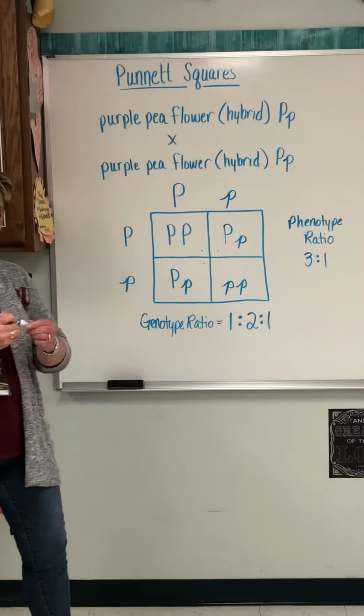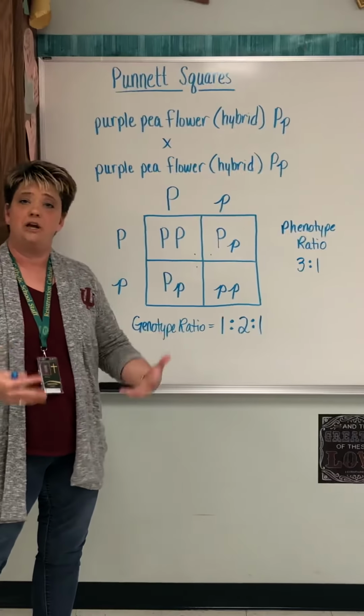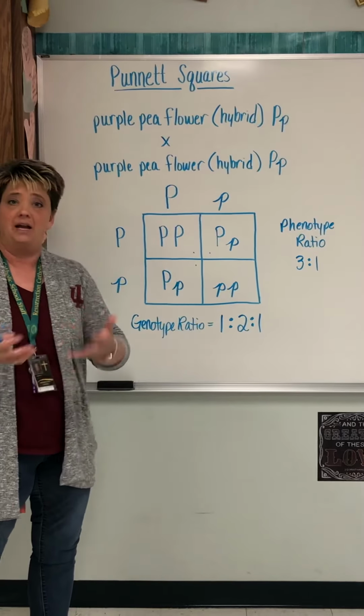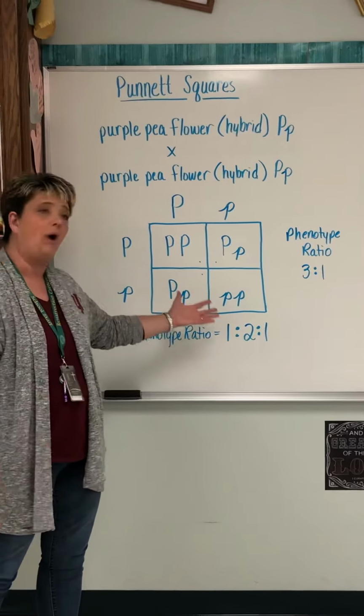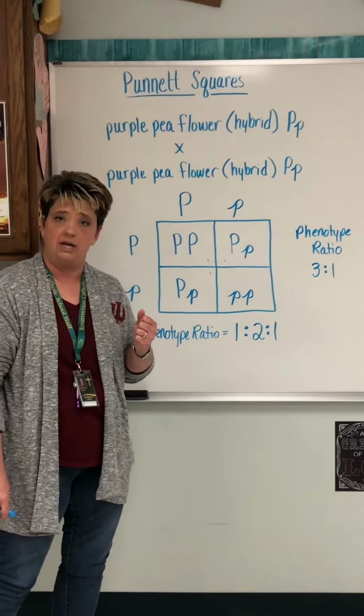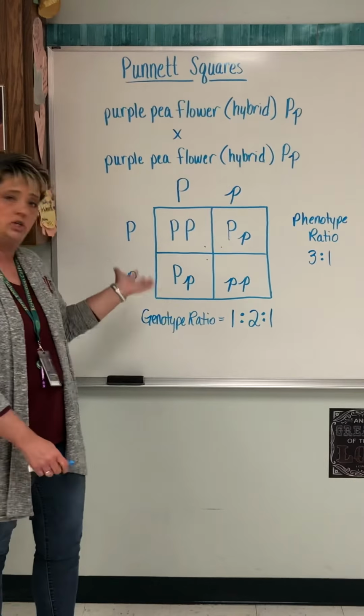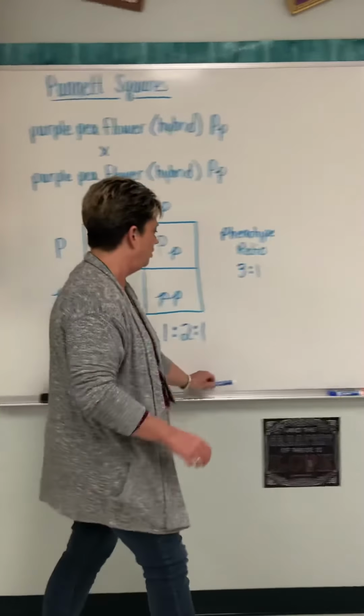Now, the ratios are typically written dominant to recessive unless otherwise specified. Now, if I'd asked what's the ratio of white flowers to purple, then you would have written the ratio 1 to 3. Just depends on what the question is asking of you. Questions? We're going to move on